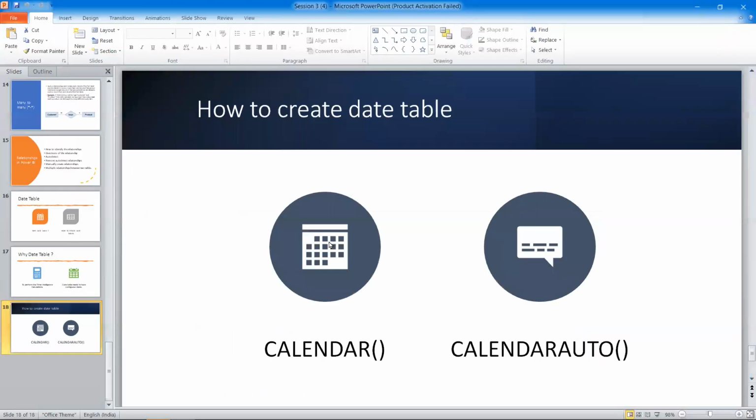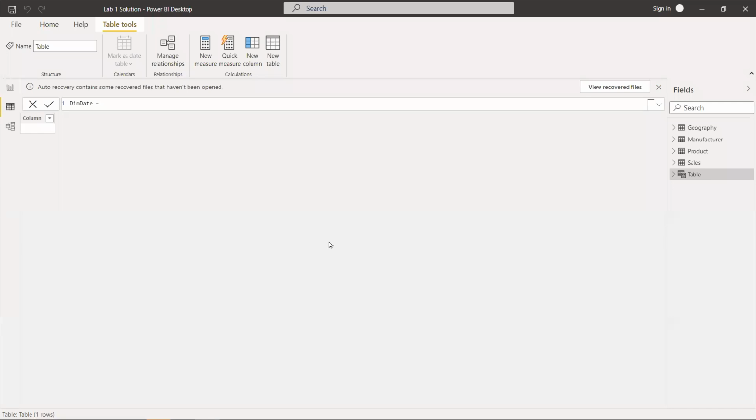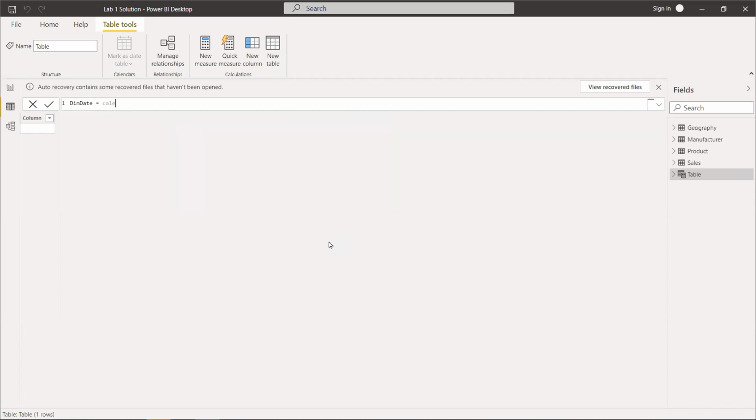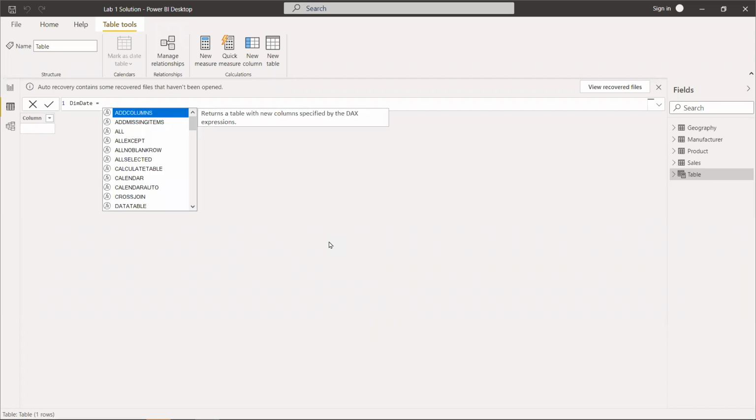So now going back to our solution, in order to create a table, let's use the calendar auto function. It is actually a DAX function that we are using to create a table. When I enter calendar in the formula bar, it prompts with the functions that we have.